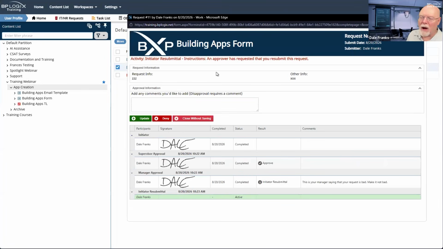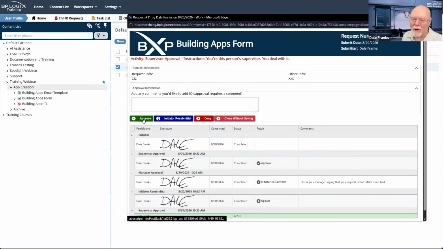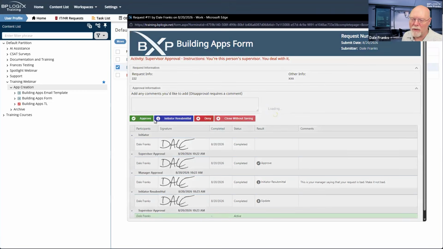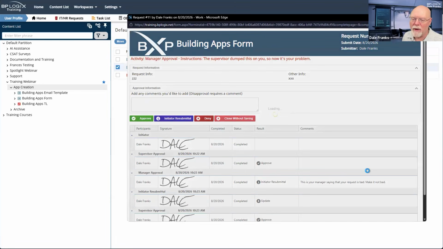Cool. It's now back to me as the initiator. So I am going to say, we'll pretend I've changed something. We'll hit update. And that will restart our approval. So my supervisor will approve. My manager will now approve.